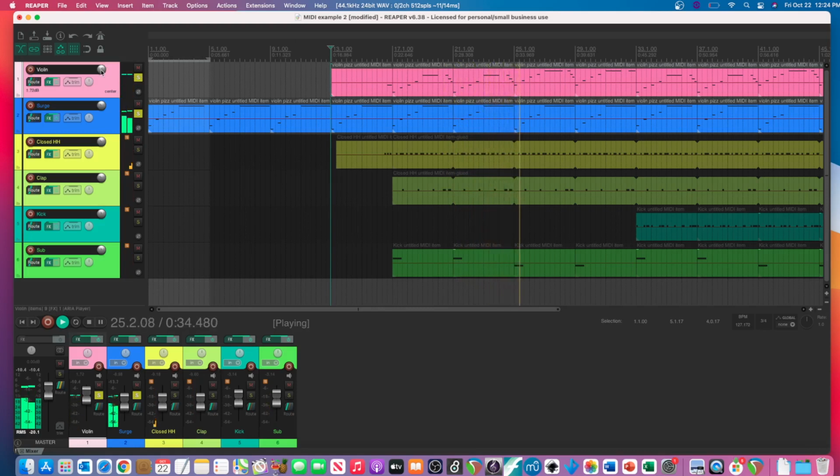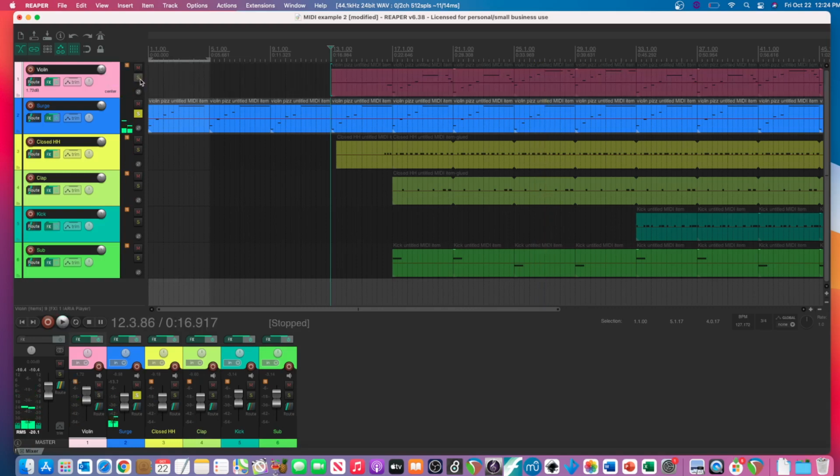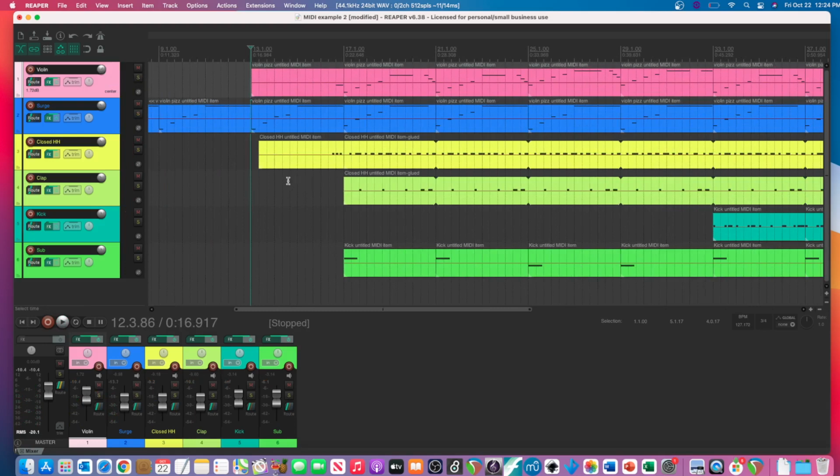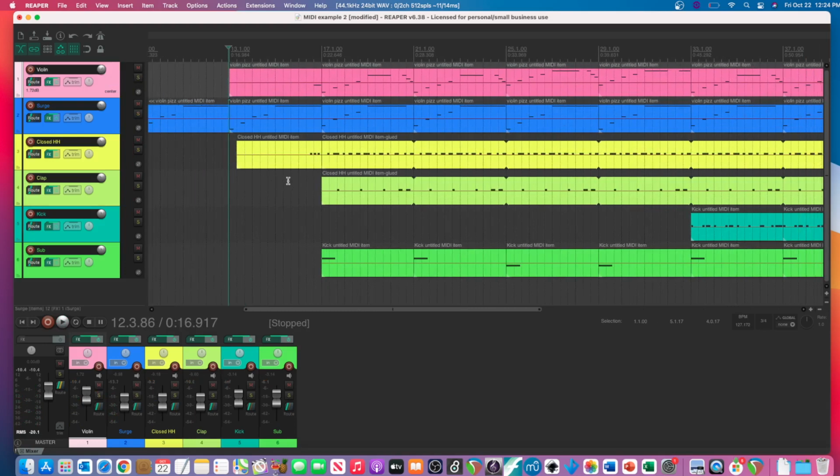Anyway, so you get the point. What I thought it would be fun to do is to add a kind of a nice groove underneath, which again is not at all what I did before. Maybe if I could go back, I would have done it differently. I don't know. Anyway, so what I did next is I chose some percussion instruments, and I did that from